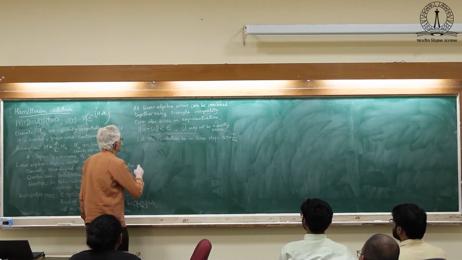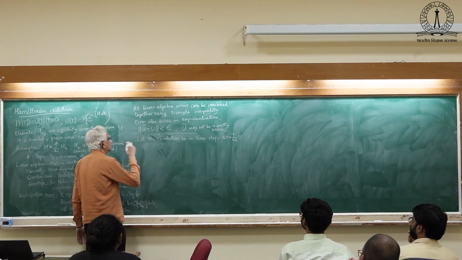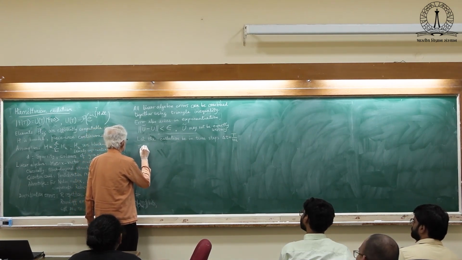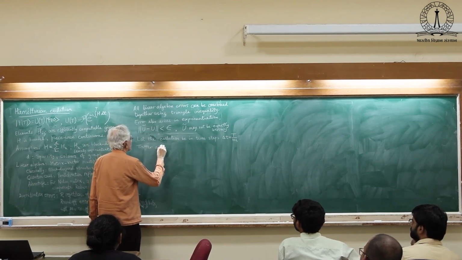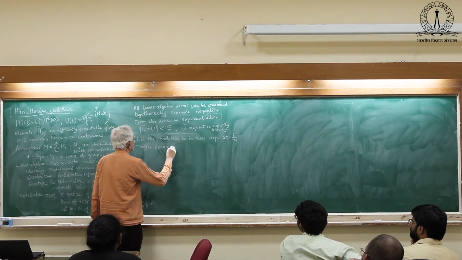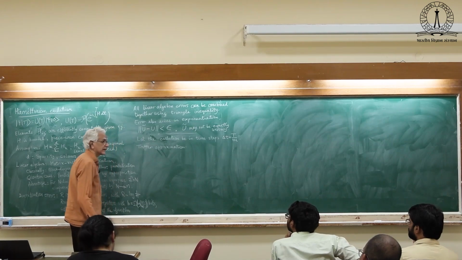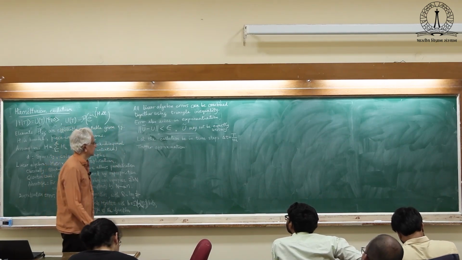So the common procedure, the first one, is called the Trotter approximation,